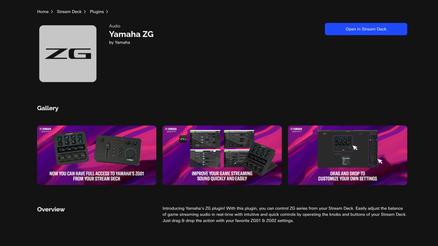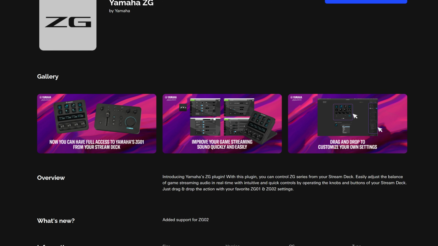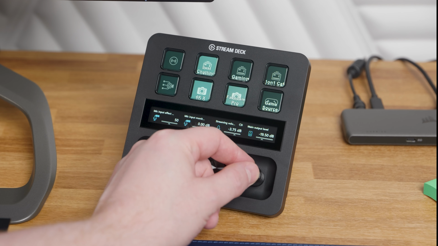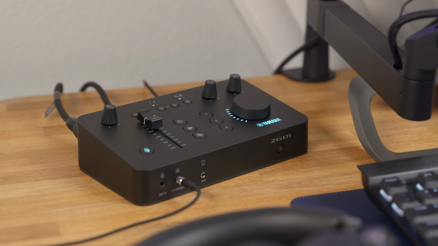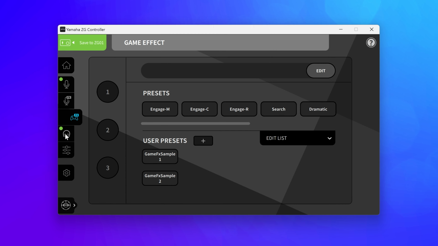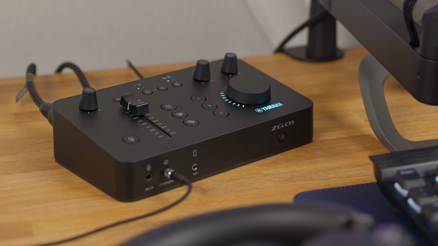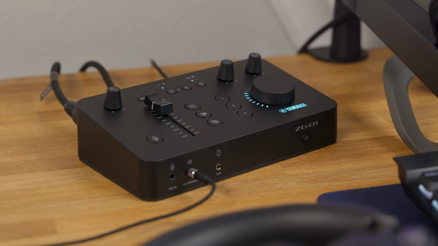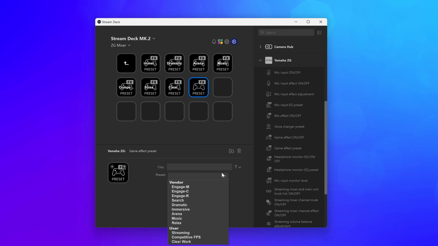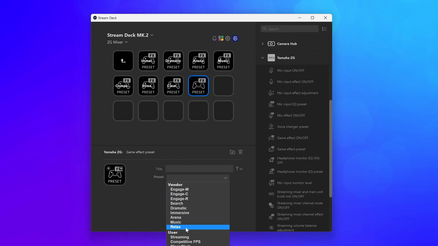The Yamaha ZG plugin for Stream Deck has many options to allow you to control your ZG Series mixer, all from the Stream Deck already next to you, saving you desk space by positioning your mixer in a more convenient place. You can control all the same sound and voice effects on ZG02, just like the larger ZG01, using custom actions on your Stream Deck. And with pages and folders, you can have as many effects as you could want without needing access to the physical buttons on your ZG mixer.